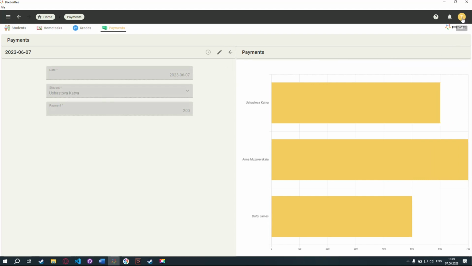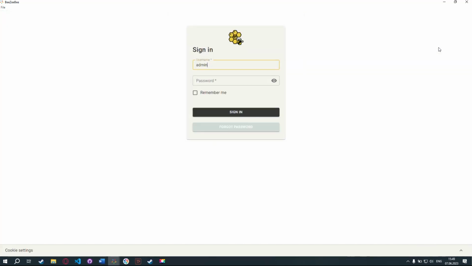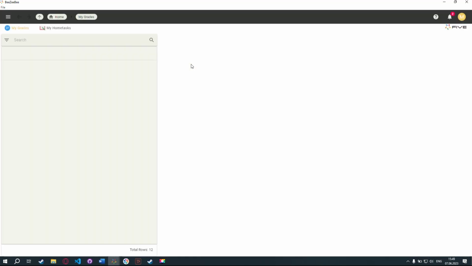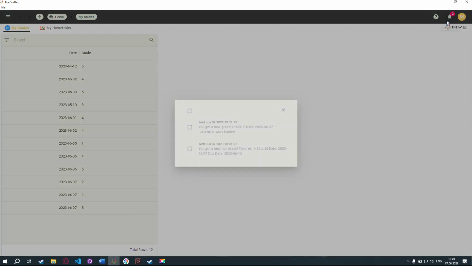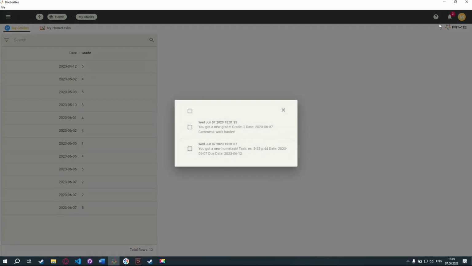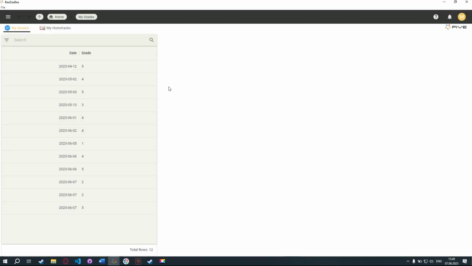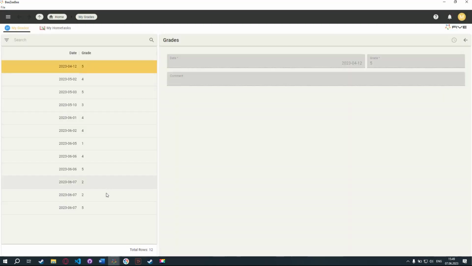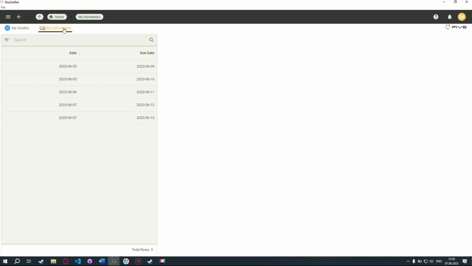Now let's take a look at what's going on the student side. Here we have only 2 tabs: My Grades and My Home Tasks. But first, let's check notifications. As you can see, we got a new task and a new grade. So on the Grades tab we can see all our grades, and obviously on the Home Tasks tab we see